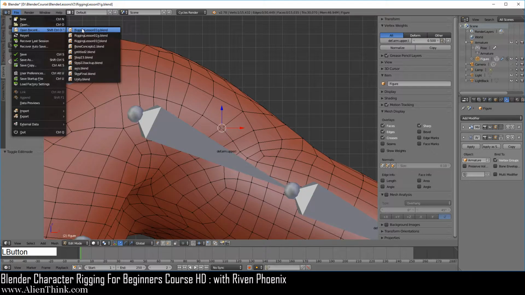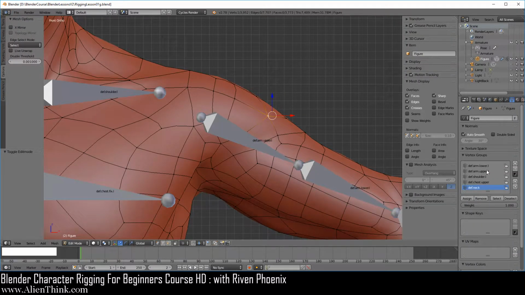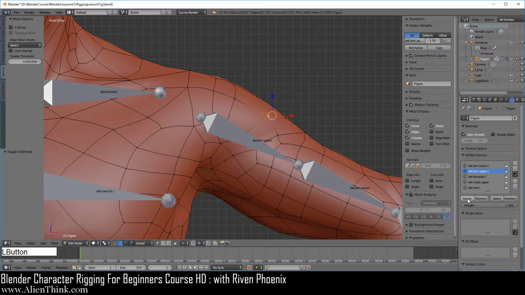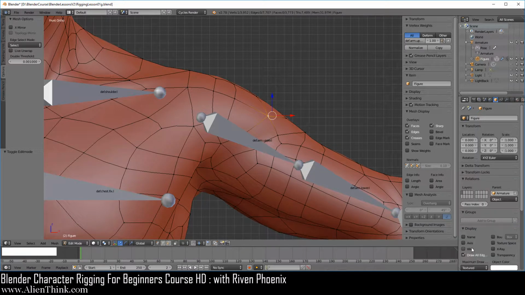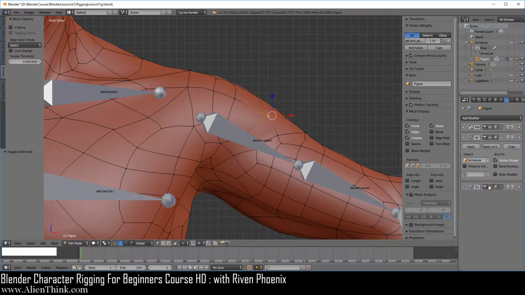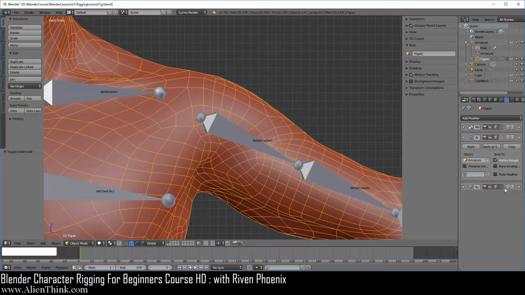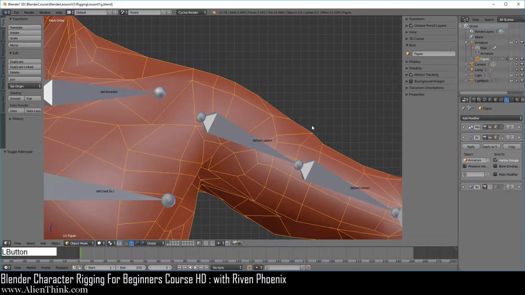So now go ahead and just reload this file and do the same thing, and now just apply it. So you already know that over here, go ahead and click on the wire. Now go to the modifiers tab. We're going to actually turn this off because it's going to get in our way. So if we press the tab key, we're seeing the additional faces, but if we turn this off, we're just going to see the low resolution version of the figure. We're just doing this so we can understand some additional concepts.